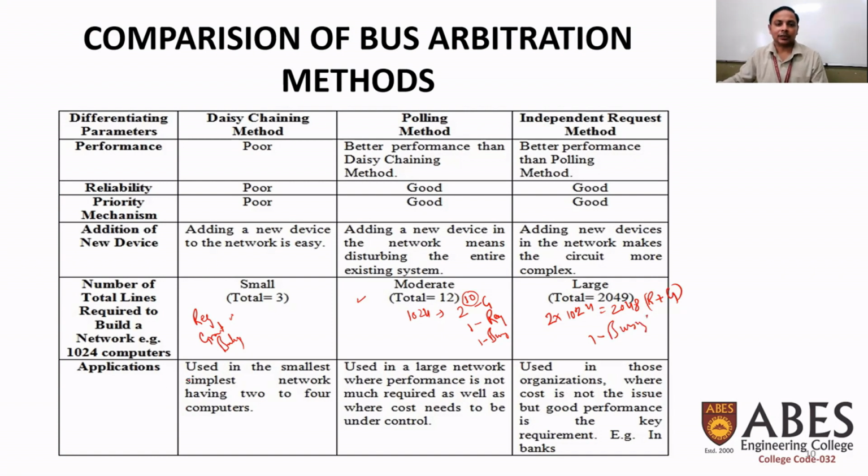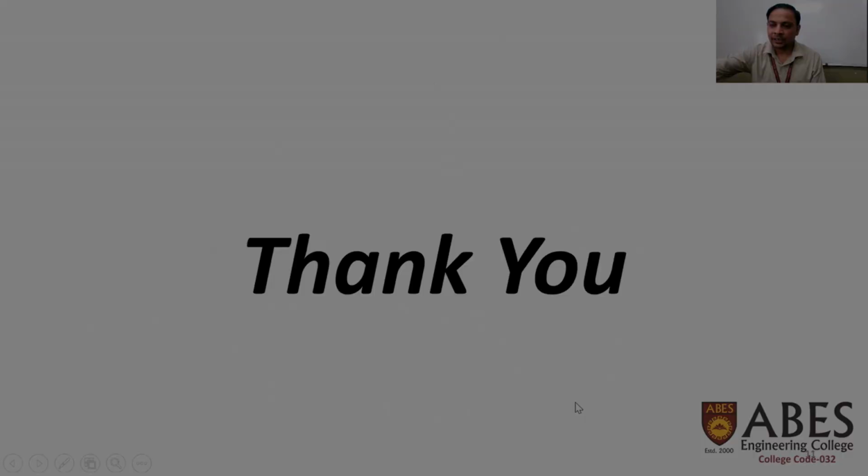If we talk about the application of these methods, first, daisy chaining is used in the smallest networks. The polling method is used in larger networks, much greater than the daisy chaining method, and the independent request is used in those organizations where cost is not the issue and greater performance is the key requirement. For example, a bank is the basic example of this type of scenario. So where in bank